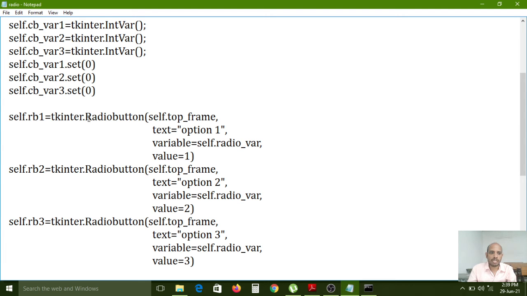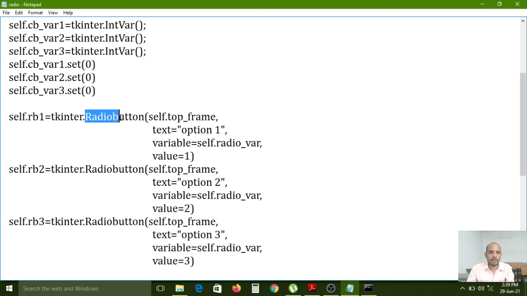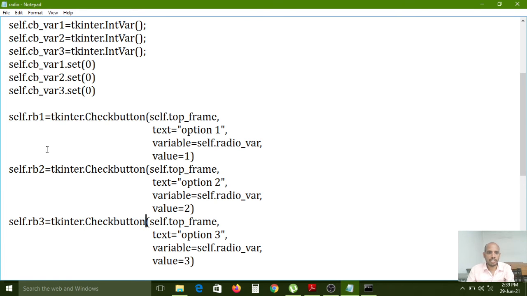So for the checkbox purpose, the syntax is Checkbutton. Instead of Radiobutton, you can simply change it to Checkbutton, with cb1, cb2, cb3, and the variable also needs to be changed.